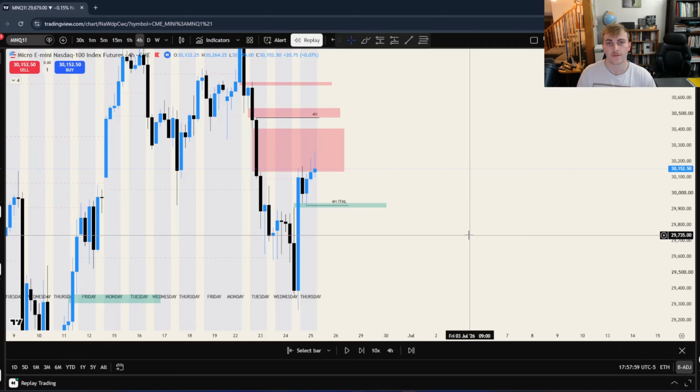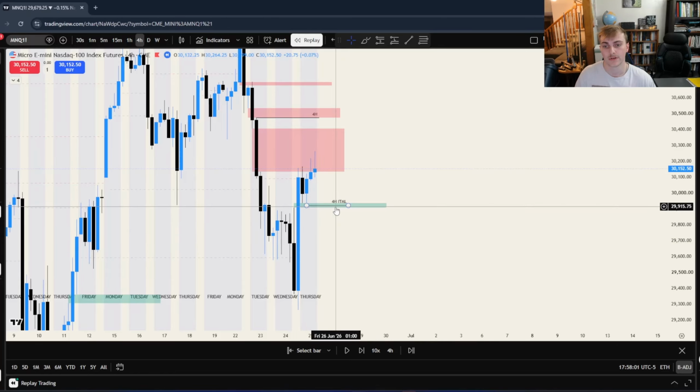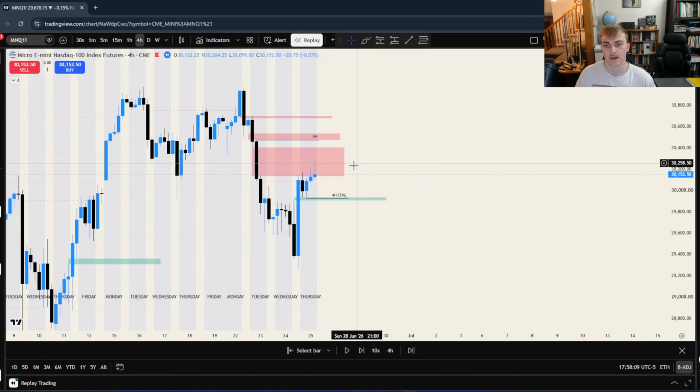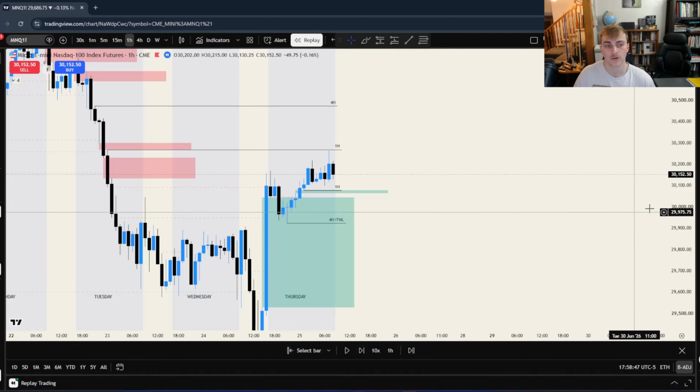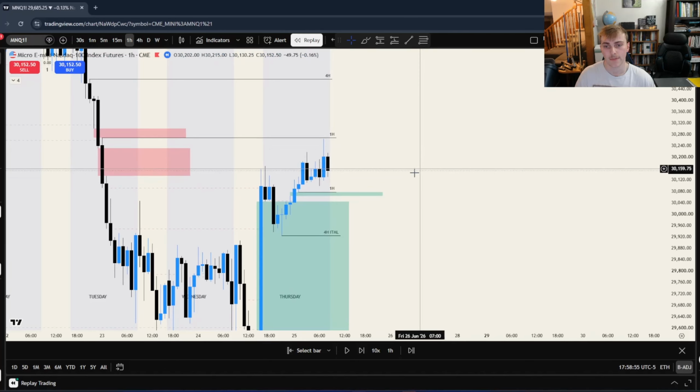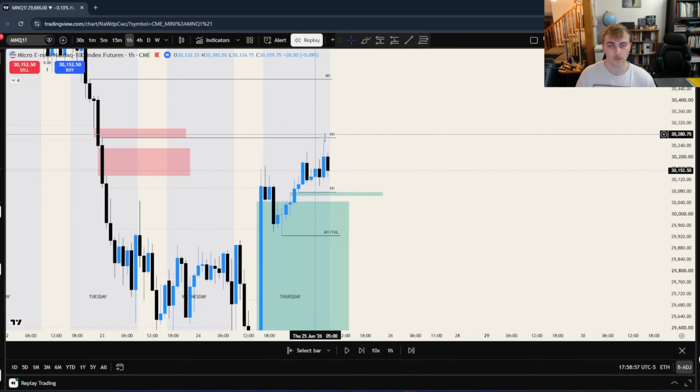All right, starting off on the 4-hour time frame, you can see that we respected this 4-hour bullish fair value gap, and now we're trading in this 4-hour bearish fair value gap. But seeing as there's no close obvious highs, on this day I was leaning a little bit more bearish. On the 1-hour time frame, we were trading between two different draws on liquidity. We had relative equal highs with this 1-hour unmitigated fair value gap. But because we were in the overall 4-hour bearish, I was still leaning more bearish towards this internal 1-hour and obviously